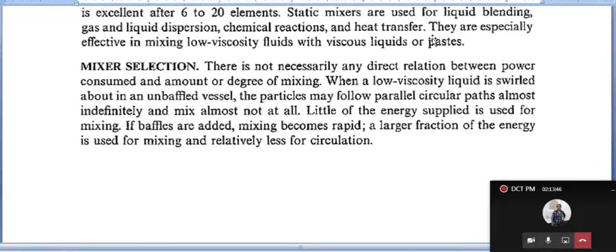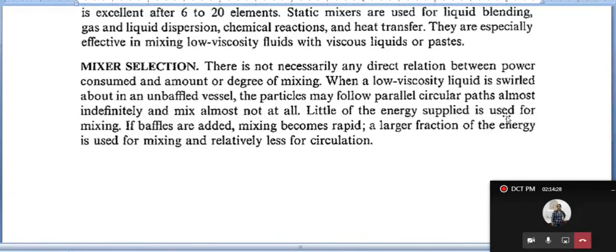All the motors which you have seen in these online classes are direct drive. Otherwise we have a gearbox. In the gearbox, definitely there will be mechanical losses. Then we have the mechanical seal. There you have some losses. Then we have kept a dip pipe that is also consuming energy. Then you have a thermowell that is also consuming energy. Then you have four beautiful baffles which are also consuming energy. Then whatever is left out will be available to the liquid, and will be useful for the liquid's motion, mixing or rotation by the impeller. That is important.